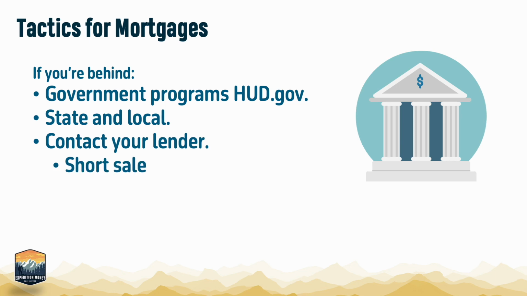You may be able to short sell your property if you're underwater without owing the difference. Your lender probably doesn't want to foreclose, but if they do, you actually might be owed money if you had substantial equity. And lastly, bankruptcy could be an option that might get you a modified payment that you can afford.